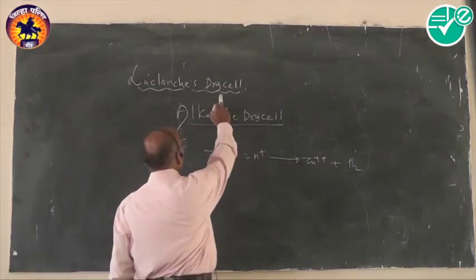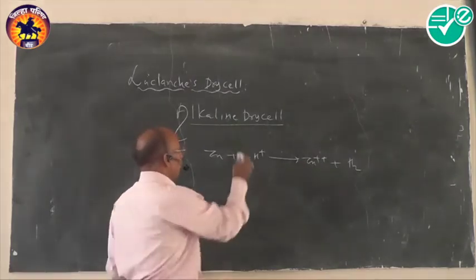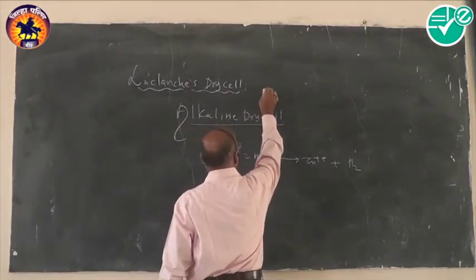Take note that in case of the usual dry cell, we usually use the zinc chloride